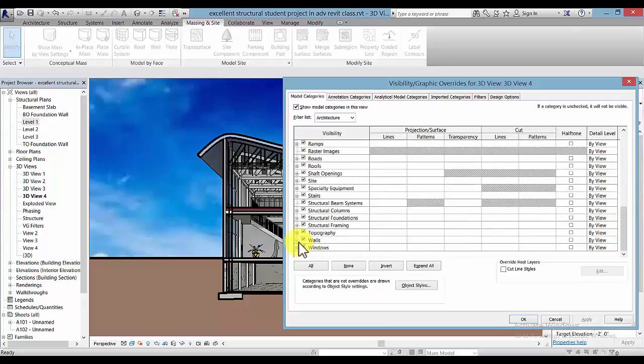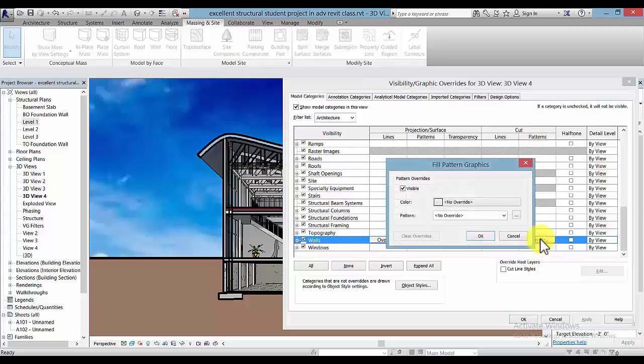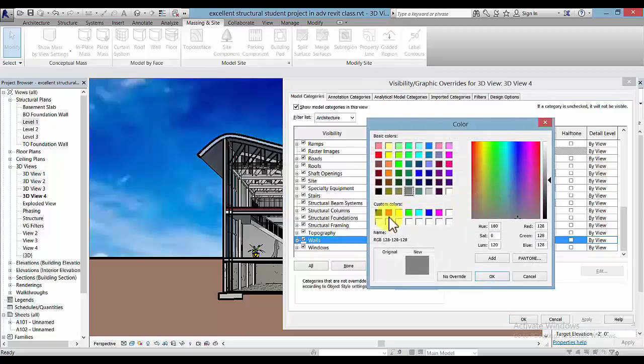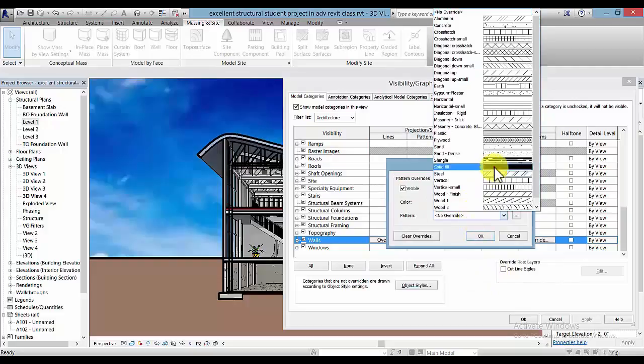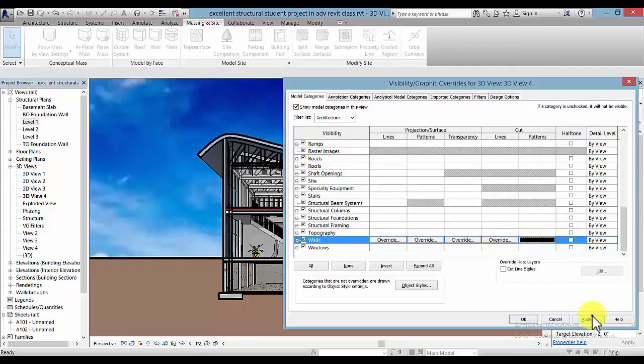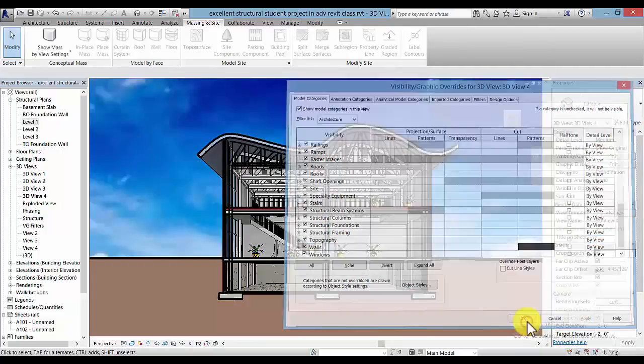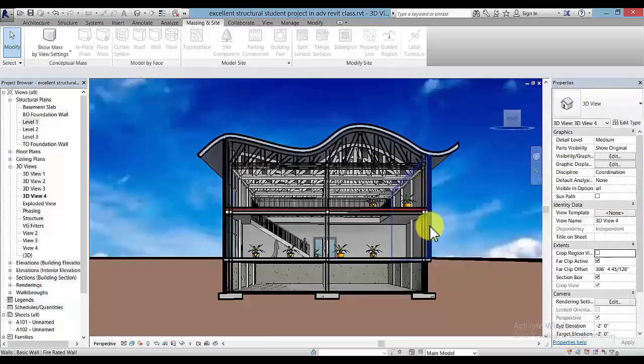So here I'll go to the walls and click on, for the cut pattern, the override button, and change this to a black or whatever color you'd like, and the pattern being solid, so that when I go back to my drawing, these walls become black. So I could have done that for the floors and the roof